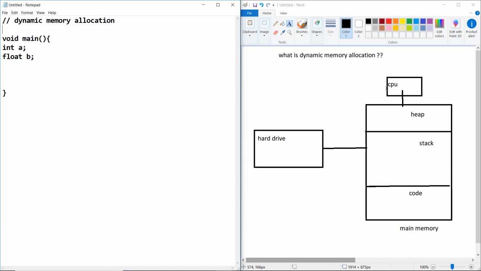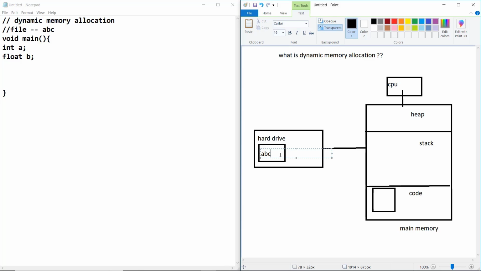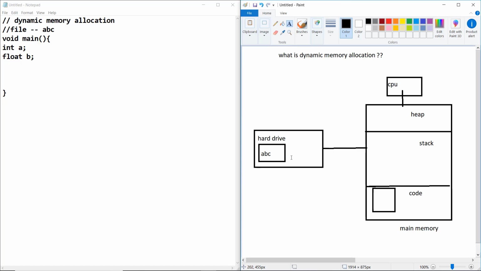So how can we access this heap memory? We cannot use it directly. If this is a code file, say the file name is ABC, it is saved as ABC on the hard drive, and when the compiler compiles it to machine code, it will load it into the code section.